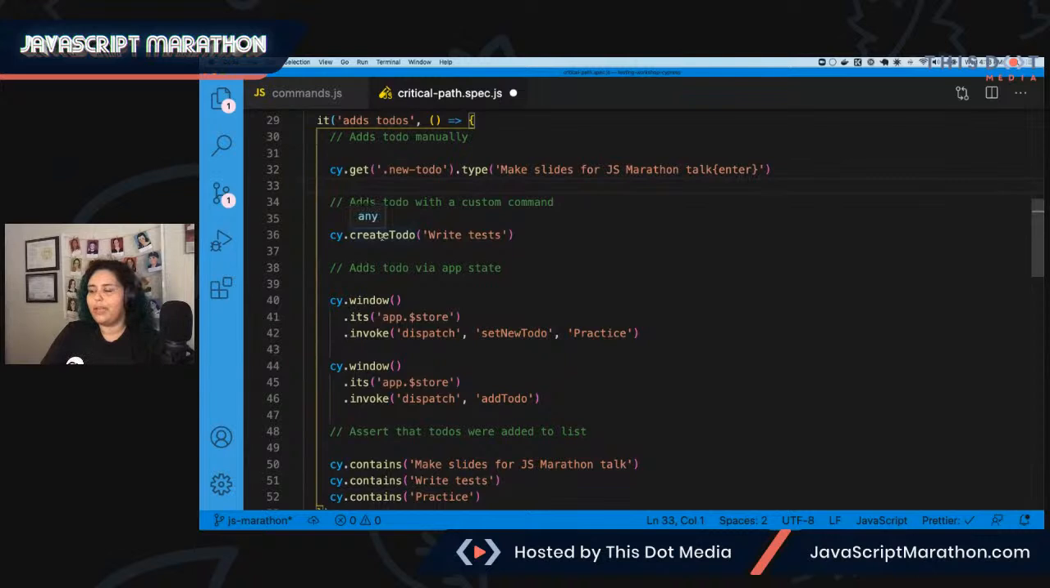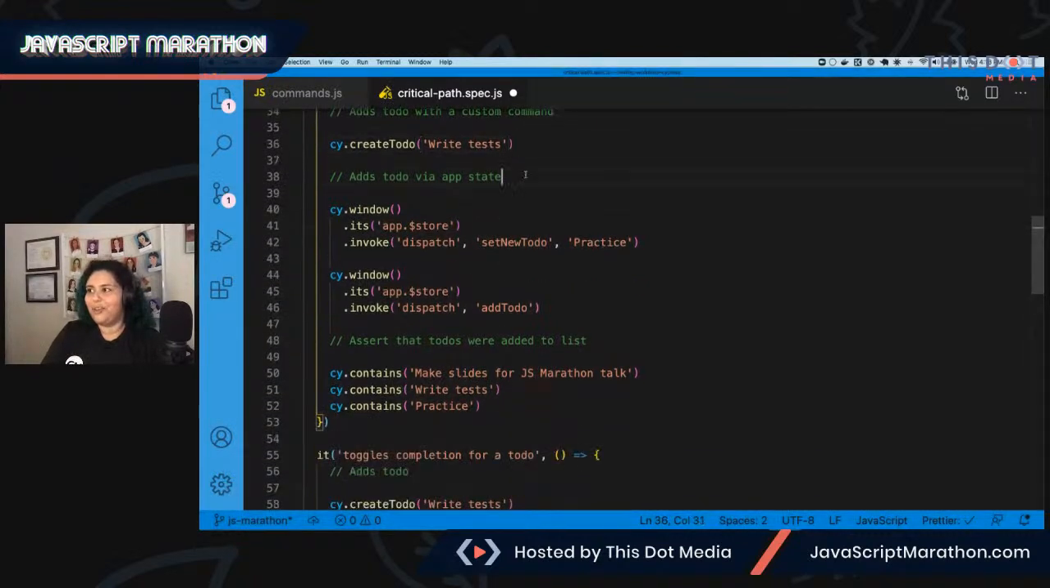So the second example, we're leveraging our create to-do command, and we're just passing through write tests, and it's going to automatically take care of the rest of this. The other option, which I'm very excited to share, and which I think is one of the cool things about Cypress, is that we can actually just use our application state to create a to-do. So if you wanted your test to run a little bit faster and it didn't really matter to you how you're creating the to-dos, if you don't want them to type it out each and every time,